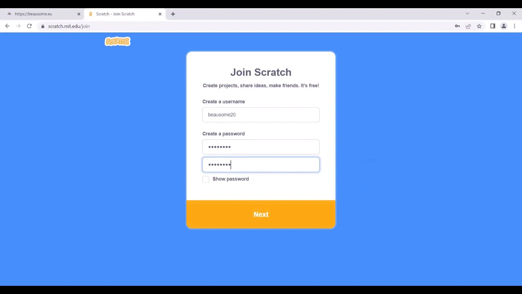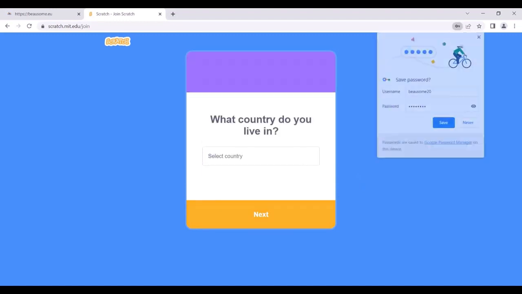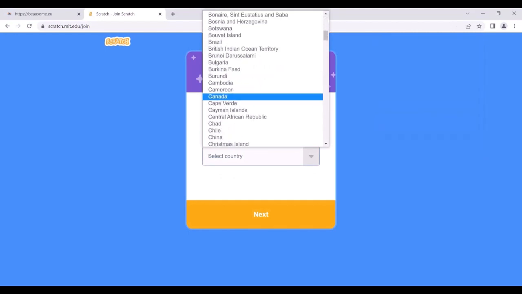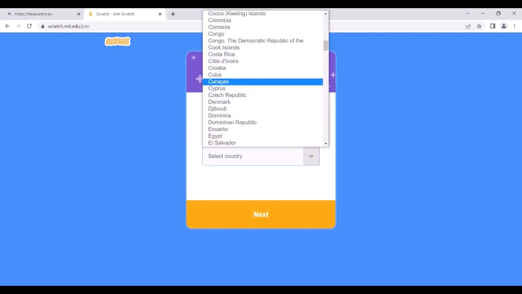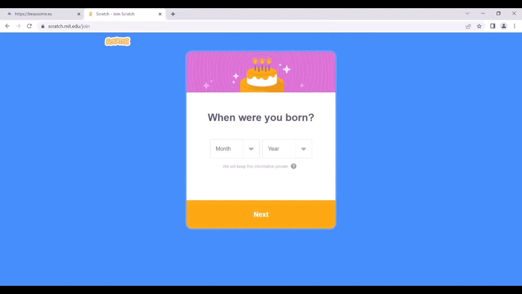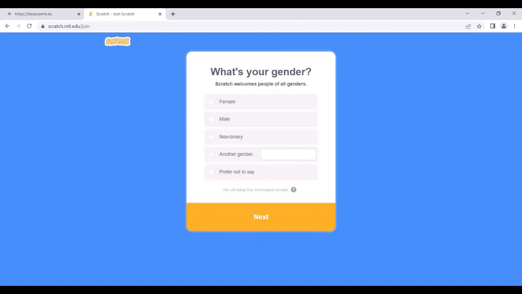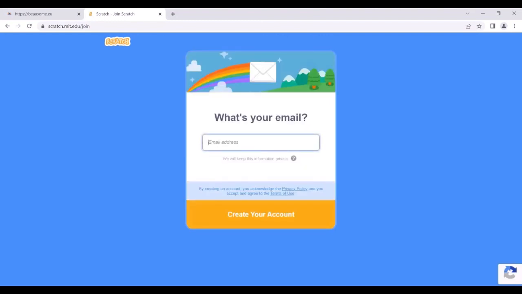After writing the username and the password, just click Next. Then choose your country. Then the month and the year you are born. And then choose your gender and just press your email.